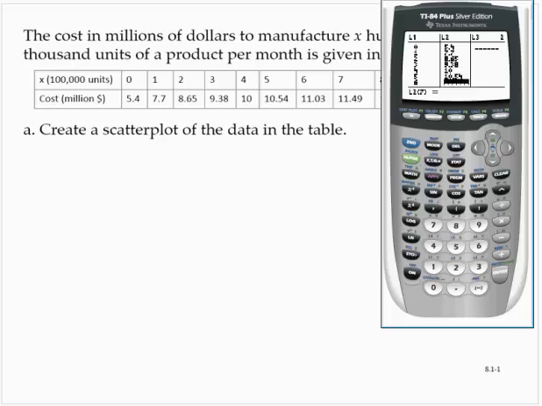10.54, 11.03, 11.49, 11.91, 12.3, and 12.67. All right, so considering the data,